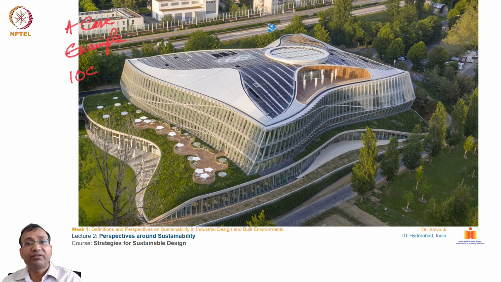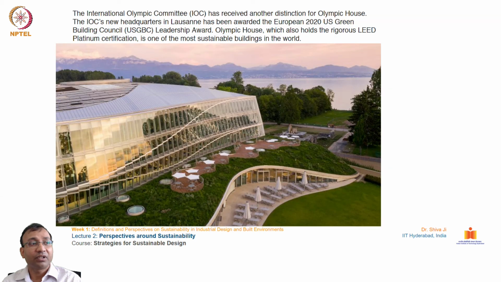And this is one of the most efficient designs in recent times. You can see the picture from another angle. So on the ground floor, if you see, there is a continuity of this grass surface on the ground floor of this building. So you see these windows and doors are lined up on the side of it. On top of that, there is grass and soil and some seating arrangements are made. So in order to minimize that heat gain on the hard paved surfaces and tiles, this arrangement was made.